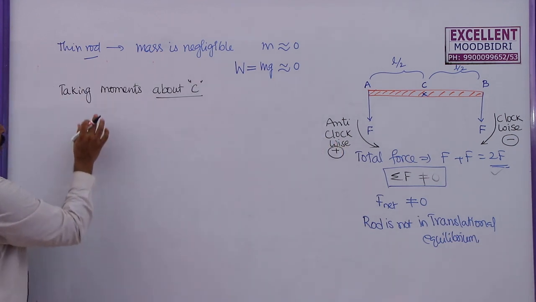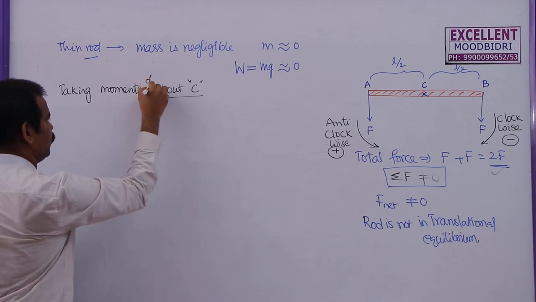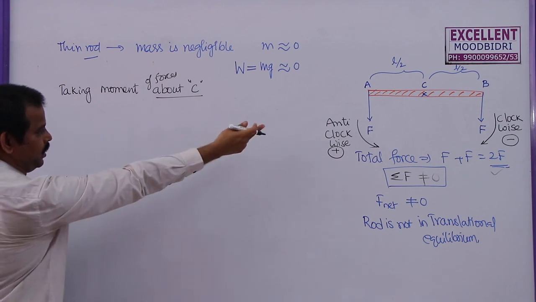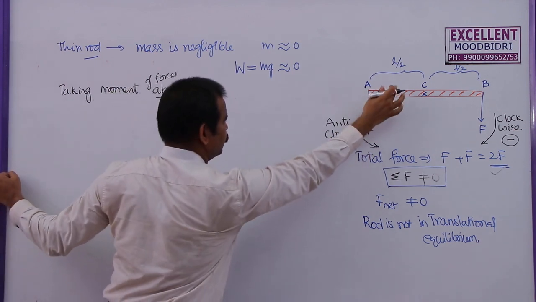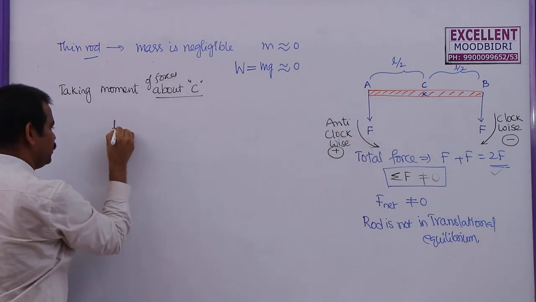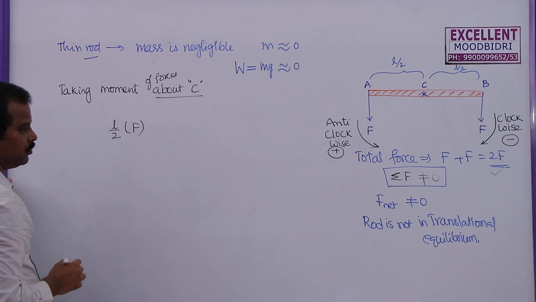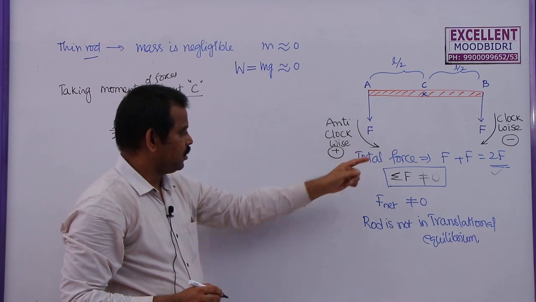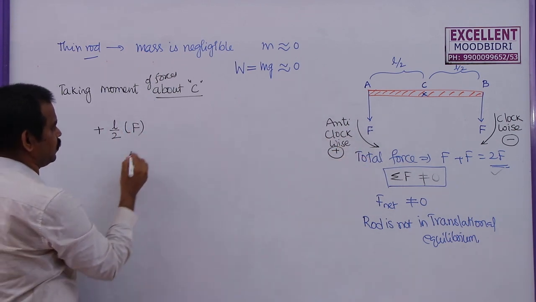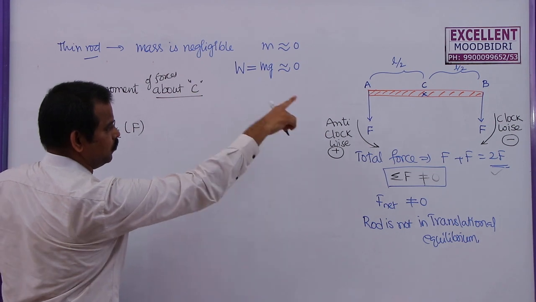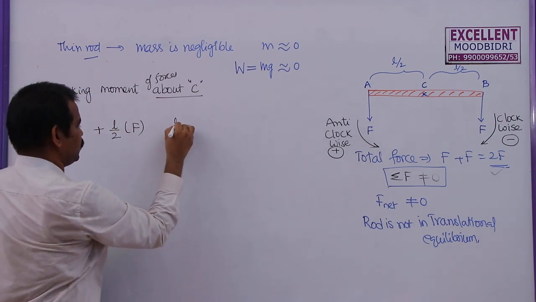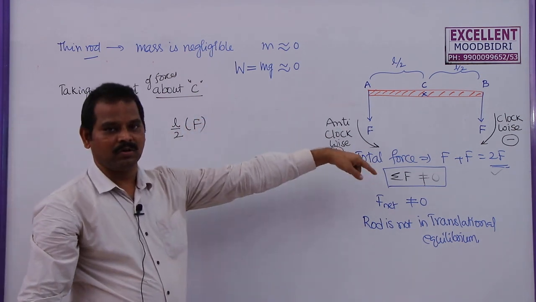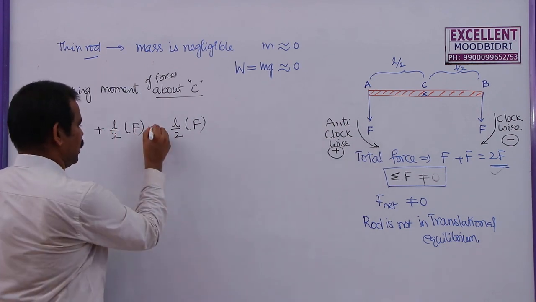Now, let me take the moments of forces about C. For this force, the left side force, the distance into this force is L by 2 into F. We know that this force can create a rotation in anti-clockwise direction. That is why it is positive torque. Now, one more force, that is F, which is acting at a distance L by 2 from C, which is given by L by 2 into F. We know that as it is clockwise rotation, the torque is said to be clockwise torque, and this will be